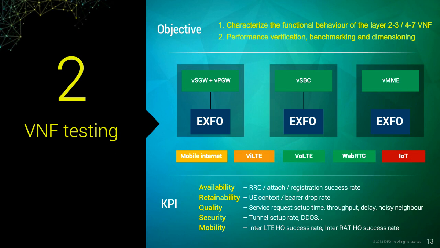But if I have to say a little bit about level 2 to 3 VNFs, you should also measure the KPIs: one-way and two-way delays, forwarding, misrouting, and most importantly, integrity tests you must perform. For example, I originated this traffic. Is it really going to the destination that I expect it to go? These are the kinds of measurements that you must do when testing level 2 to 3 VNFs, in addition to the KPIs that you see here for level 4 to 7 VNFs. So that's our second category, and it's very important to test this as step 2.